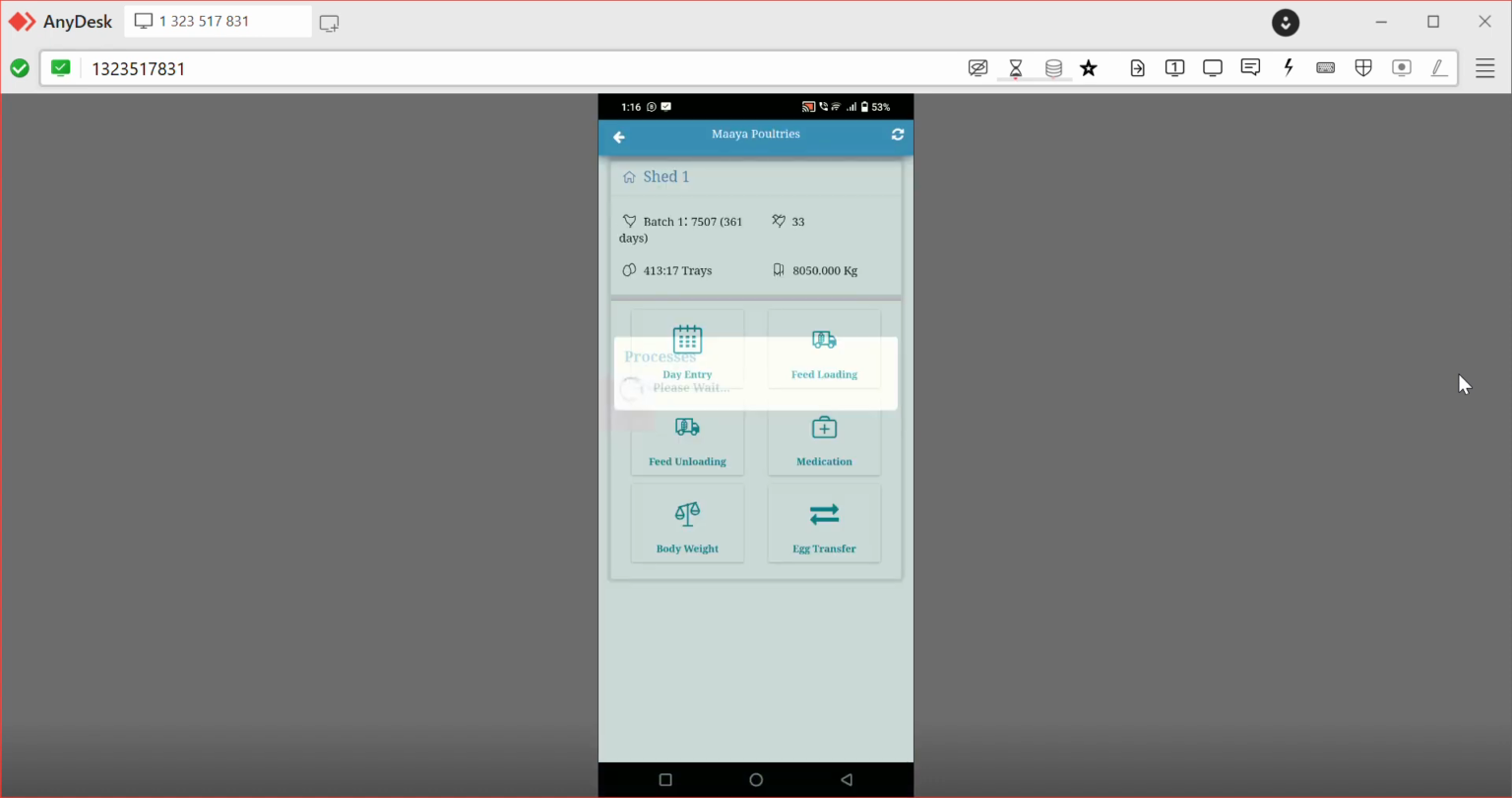Same like this we can do other entries. Here, feed loading and unloading, medication, body weight and egg transfer options are also available. Enter feed loading if you have low feed,